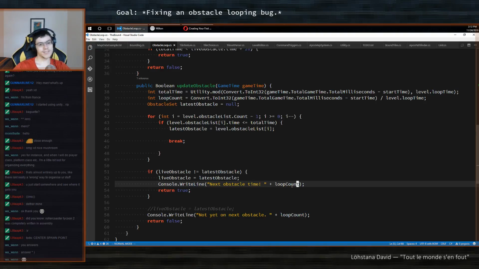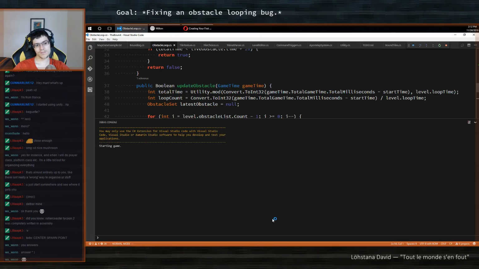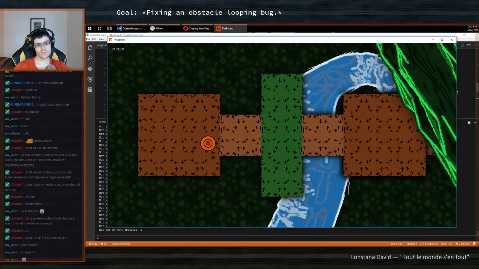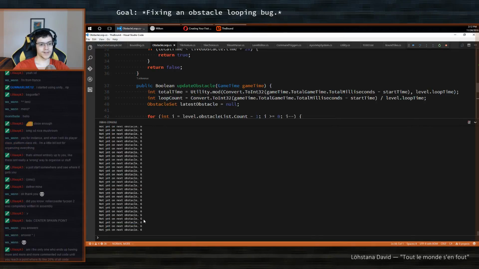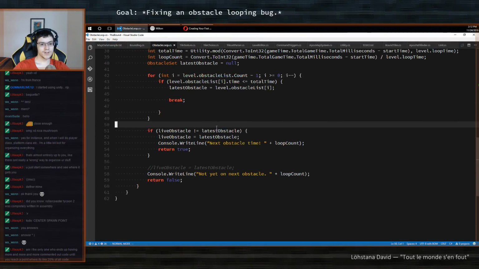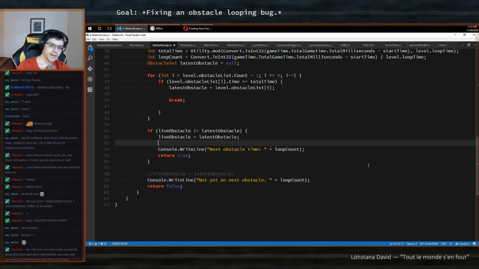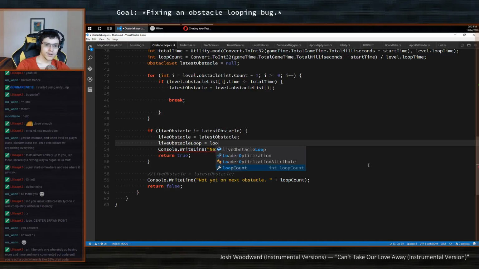This is gonna give me something. Okay, so 3, 4, 5, 6, 8. Okay, that works. Now, live obstacle does not equal live obstacle. I go with this. Live obstacle loop equals loop count.